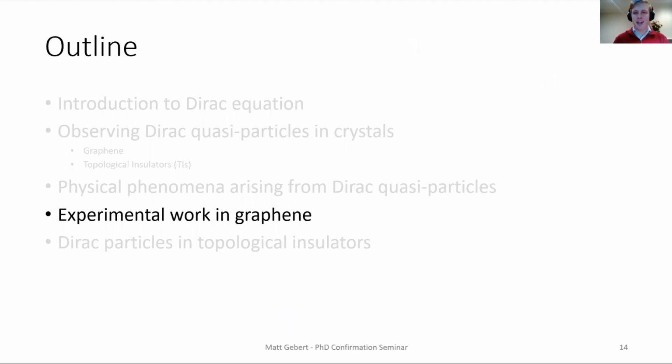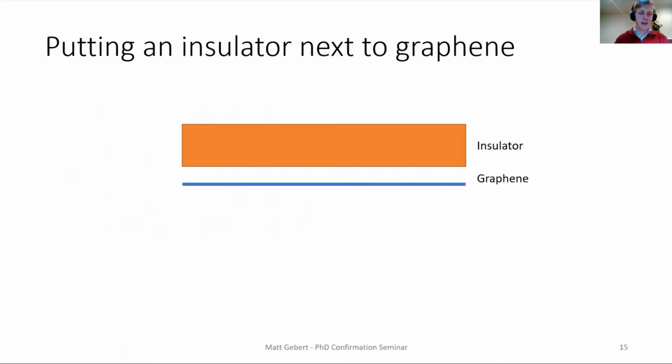Cool, so let me touch on exactly what I've been doing with some work in graphene really quickly. I've talked about this before, so I won't go into it in too much detail. We know a lot about Dirac systems in general, but what actually happens when we interface that with other phenomena that are nearby? So first,